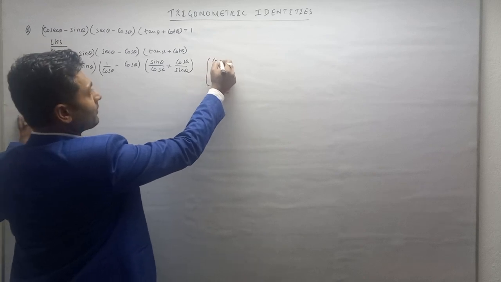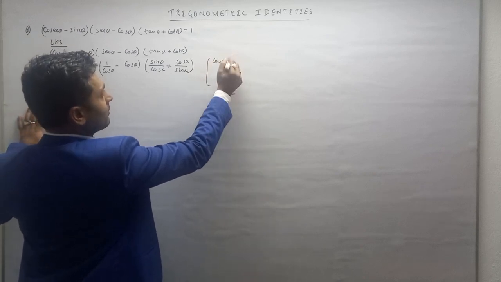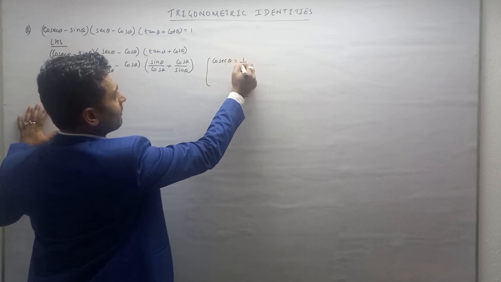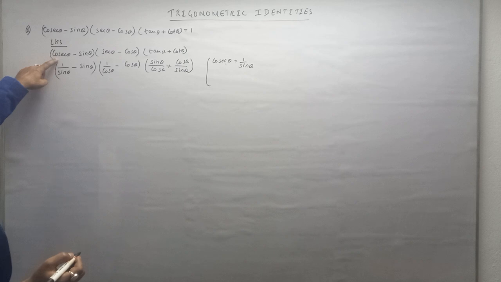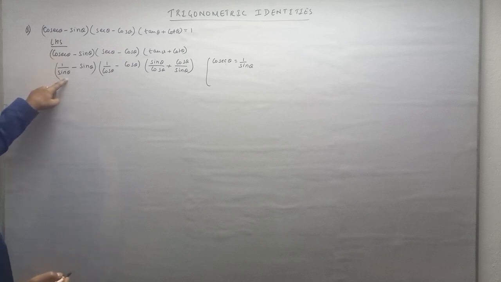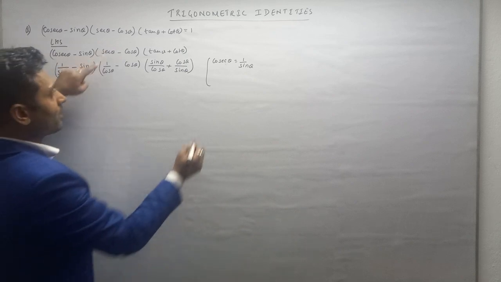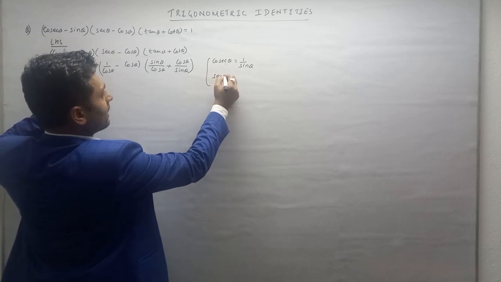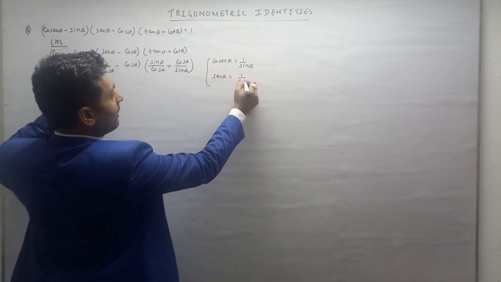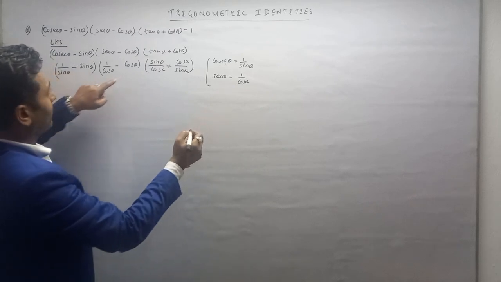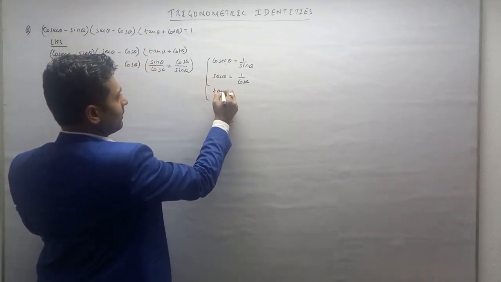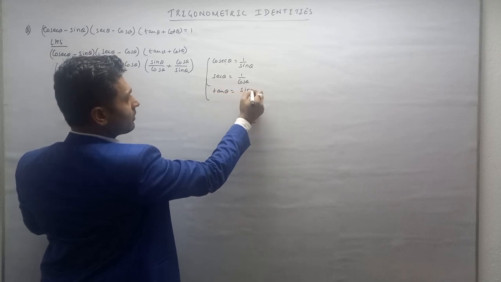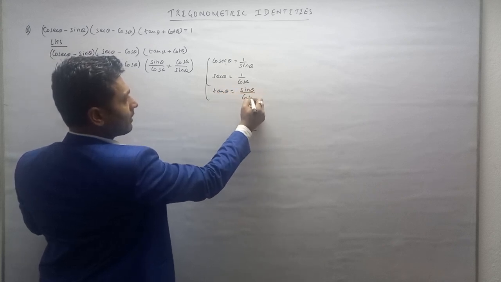Reason is what? Cosec theta is 1 divided by sin theta. The first conversion which we have made, cosec is equal to 1 upon sin. Second conversion we had written, sec theta is 1 divided by cos theta. Third what we have written, tan theta is equal to sin theta divided by cos theta,